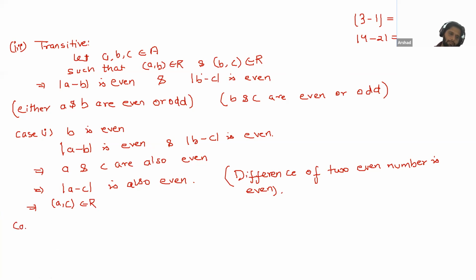Now we will take case two. B is odd. Now we know that modulus of A minus B is even and modulus of B minus C is even. This implies A